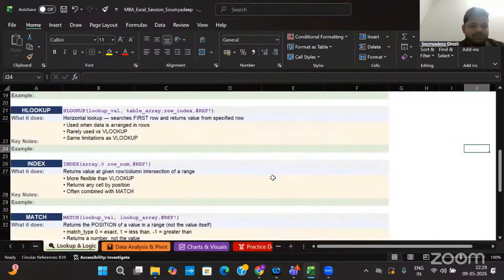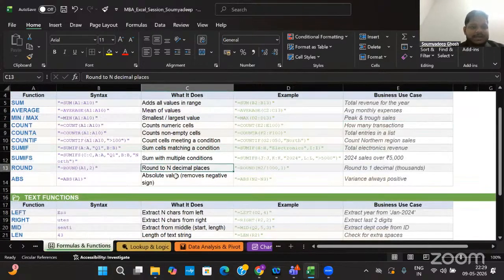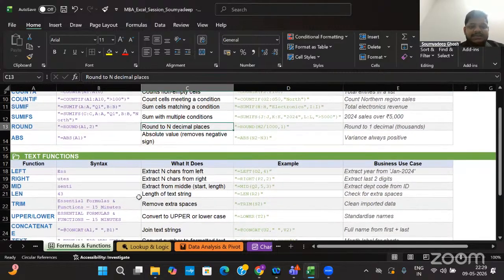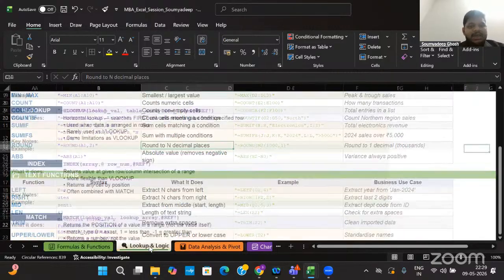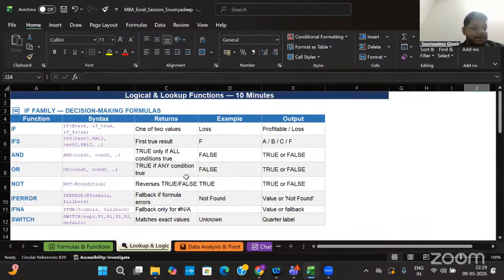Then I'll move to the next part, that is VLOOKUP. VLOOKUP is very important because it is used everywhere.